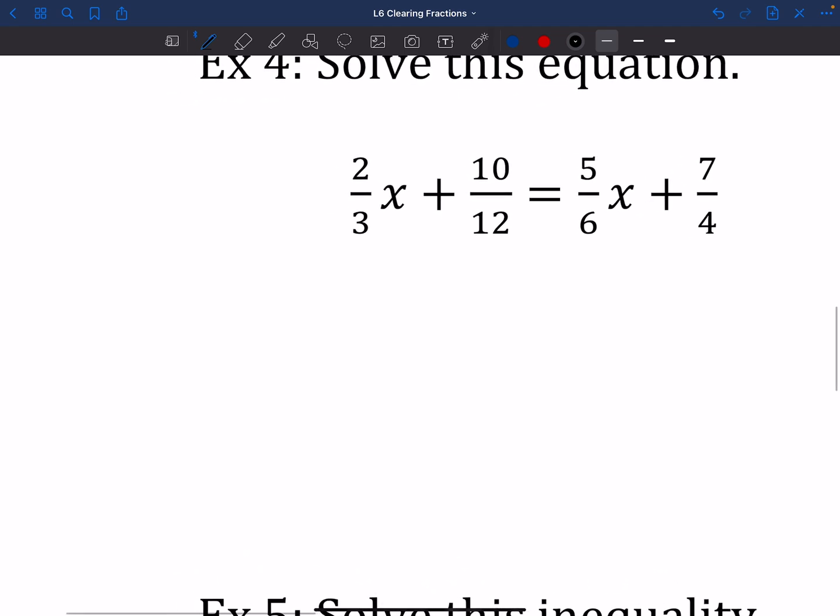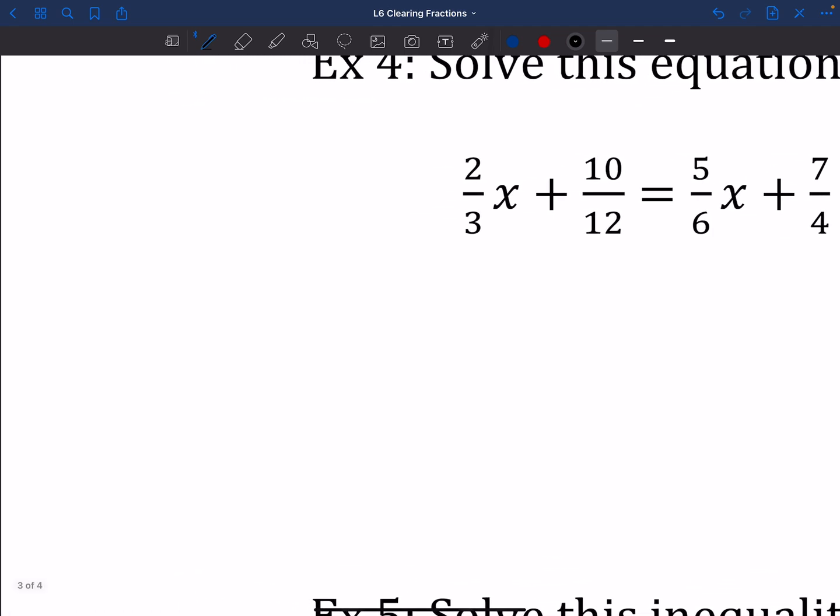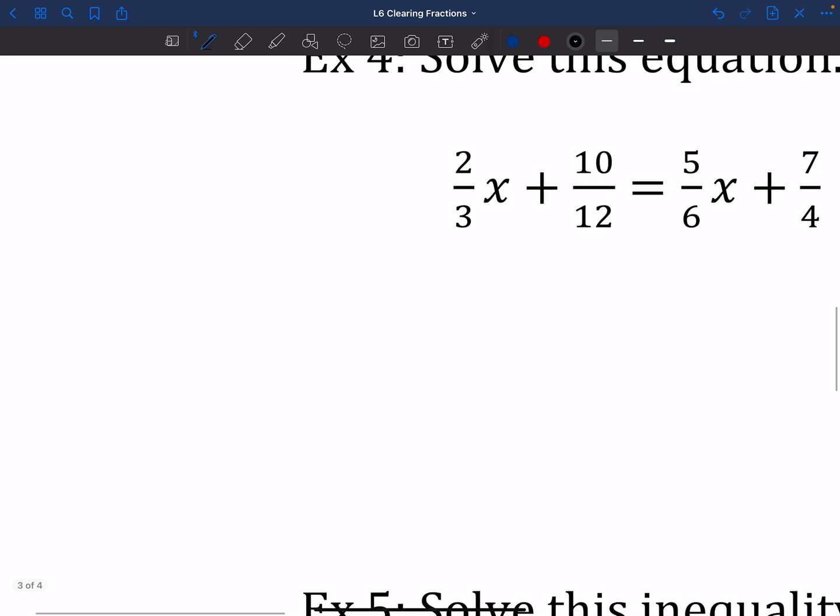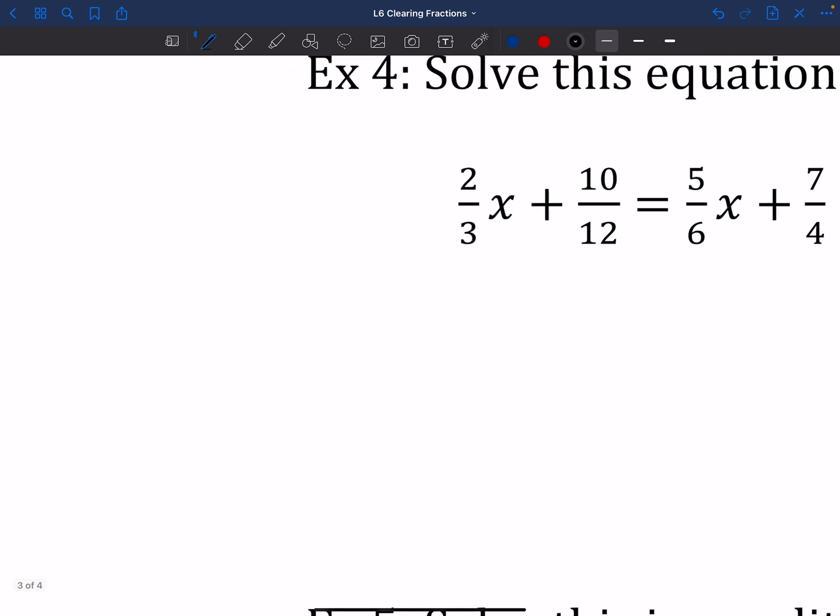Oh boy, we got 4 different denominators: 3, 12, 6, and 4, right? So if you're really getting the idea of common denominators, like if you're blazing ahead of everybody else, you might be thinking, I think I might know what it is, just from looking at those denominators. But we can always double check, right? So I'm going to list out some multiples of 3,